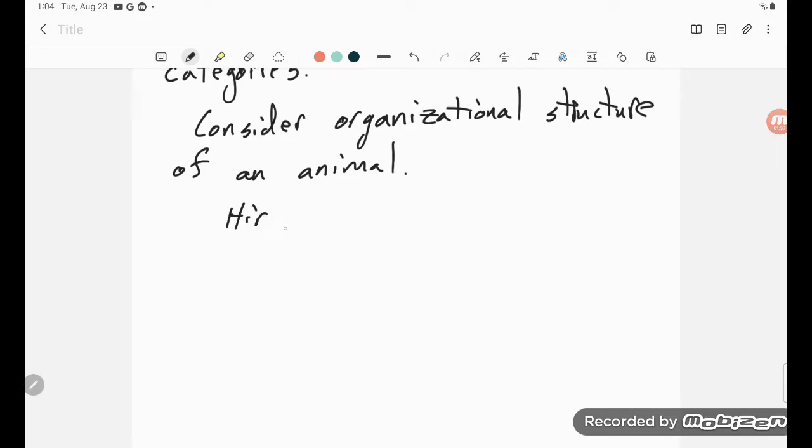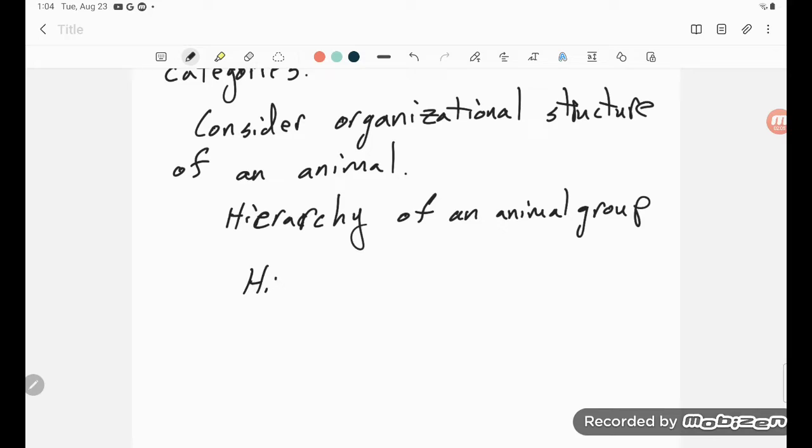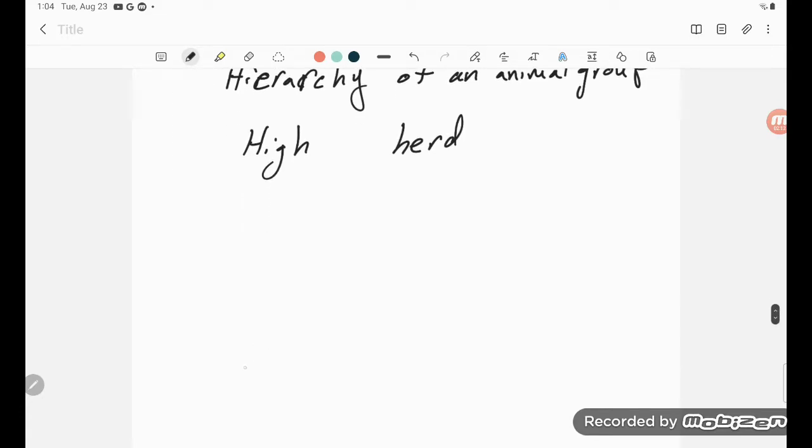Hierarchy of an animal group, something along those lines. At the high end, you have something like maybe a herd or a flock, and down at the low end,